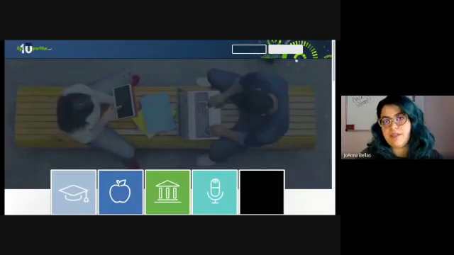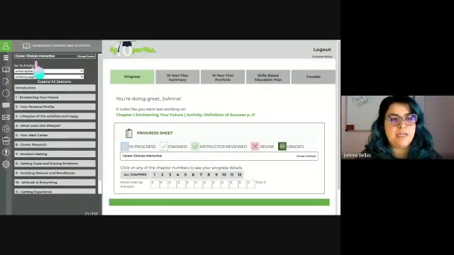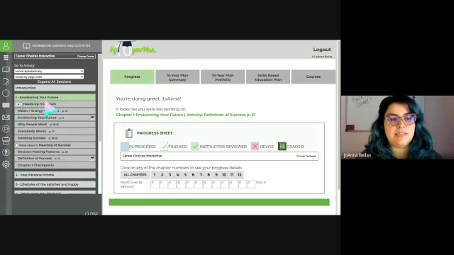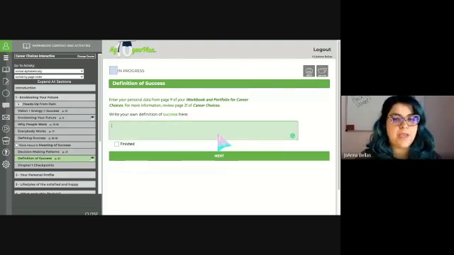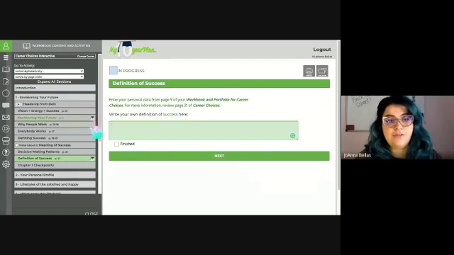Log into My 10-Year Plan, okay? Then in chapter 1, the last activity you did was definition of success. When you click and open that, you're just going to copy and paste what you have here. If you have not completed it, you're going to do that right now. So remember, you have a list here. The list is posted in Google Classroom. You can pull up that slide so that you don't have to do all the ones that you don't need to do. Complete it, get it done.